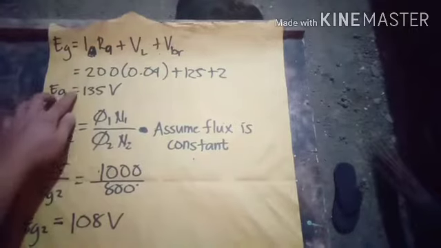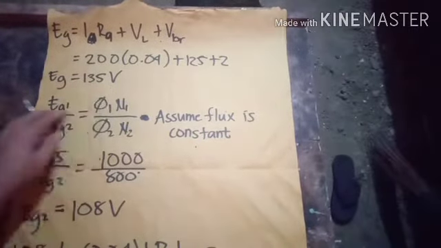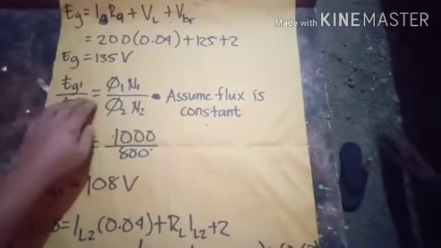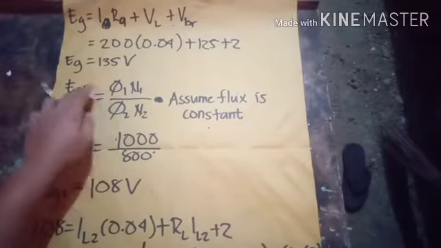So Eg now is equal to 135 volts. Eg sub 1 is equal to Eg sub 2